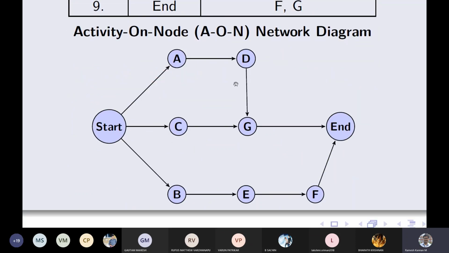D cannot even be a predecessor of itself, because it is the arrow that matters. We can pretty much say that D can be realized only after the start activity as well as activity A. So that's how it is.